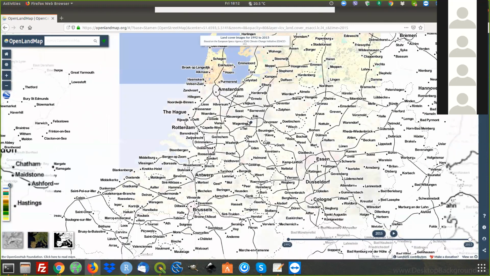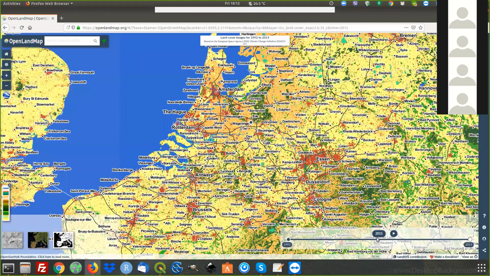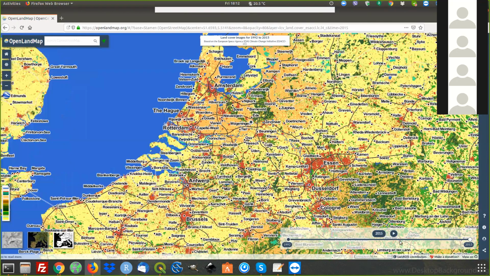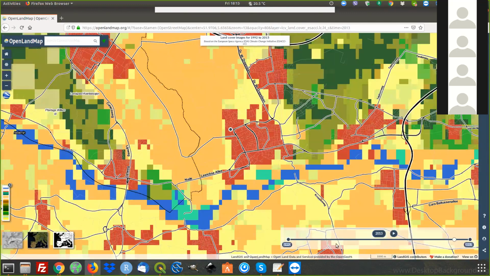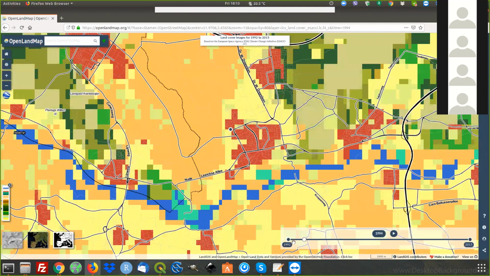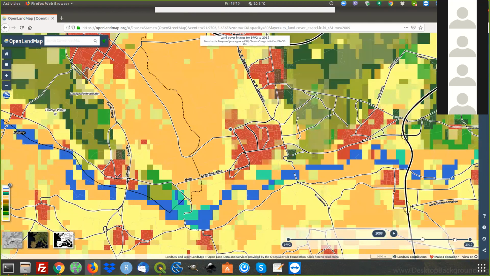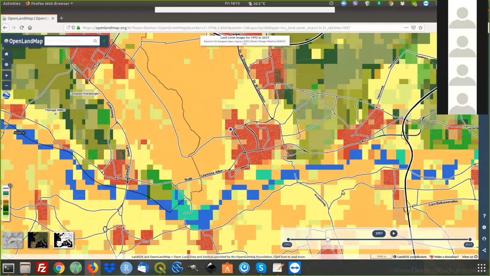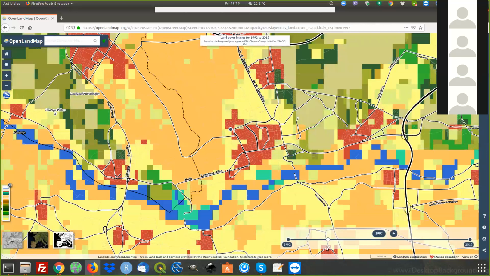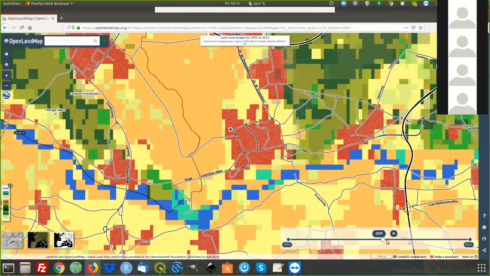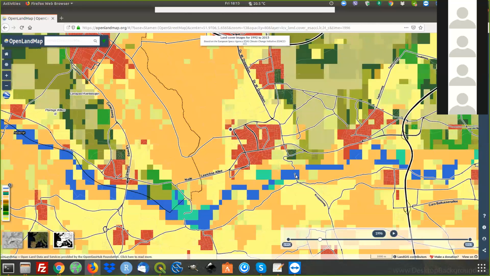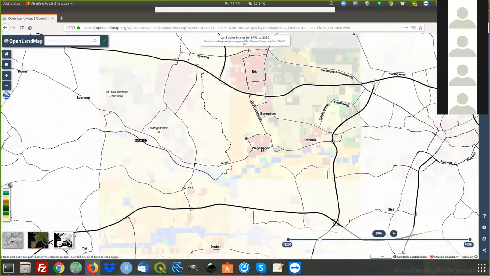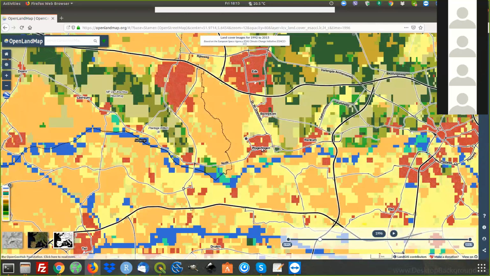So if I zoom in further, the first thing that people see is the land cover time series. So I can scroll and I can see how land cover changed in the last 30 years. This thing running in the background is a GeoServer. We tweaked it a bit and we optimized it so it runs very fast. And so many people tell me, wow, this is so fast. And so I think we did everything properly. So people can have this impression like it's really scrolling through the time, you know,